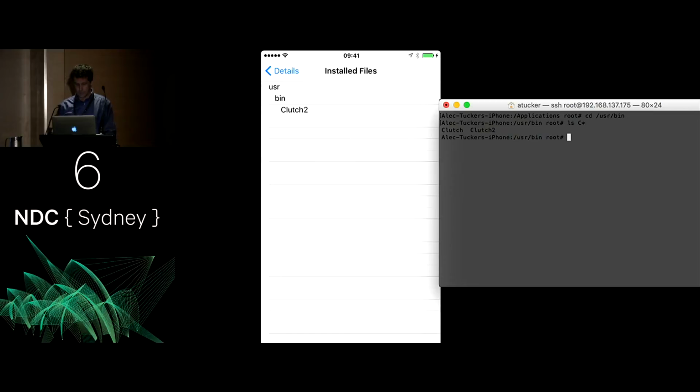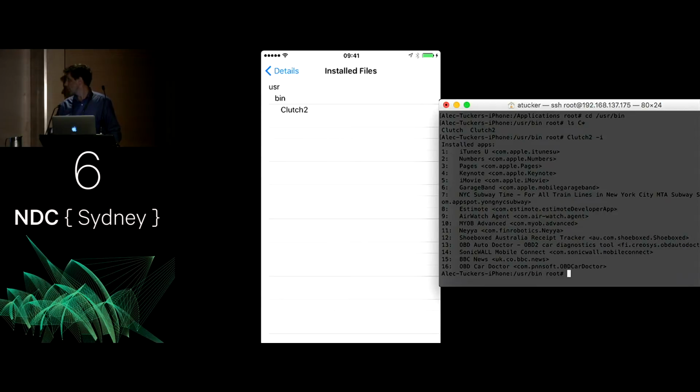What I can do with that is run it with that switch, and it will show me all the iTunes installed apps that I have, which is basically all the ones that are encrypted. Now the way that Clutch works is, to run an application on the phone, yes, the binary is encrypted. The first thing iOS has to do is decrypt it and then run it. So Clutch will kick off that process. It'll get the operating system to decrypt it. It'll then put the brakes on and dump that decrypted app into an IPA file on the device.